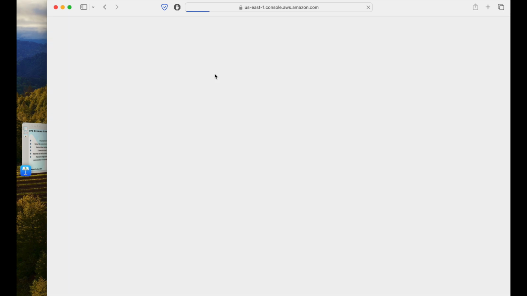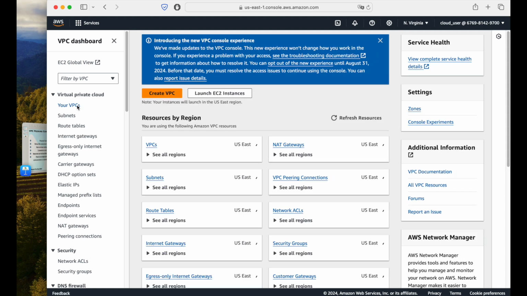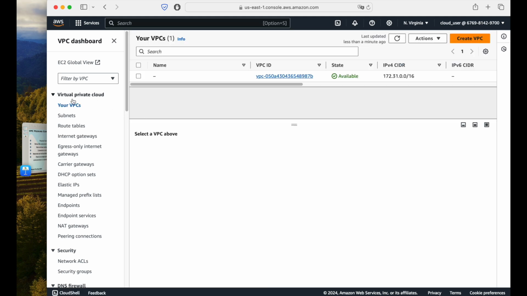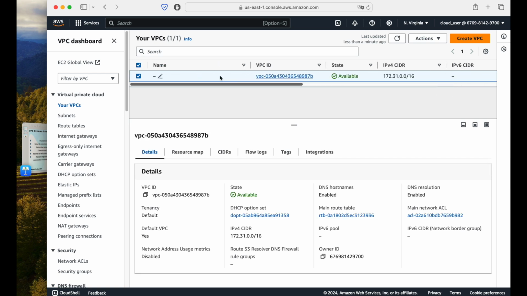If you go into the VPC console, you will be able to see the VPCs in your VPC section. Under the name, a default VPC already exists. The tenancy is default, and this is the default VPC. For ease of maintenance and viewing, I will change this VPC name to default VPC. Now this is my default VPC, and we will launch another VPC which is not the default one,